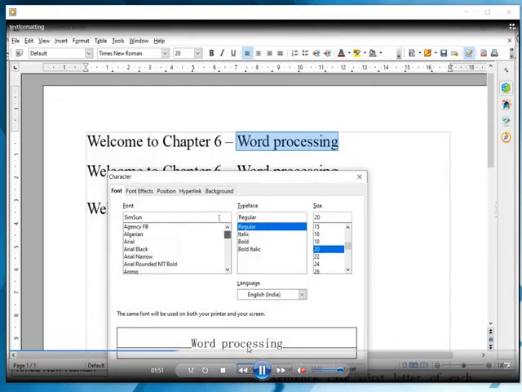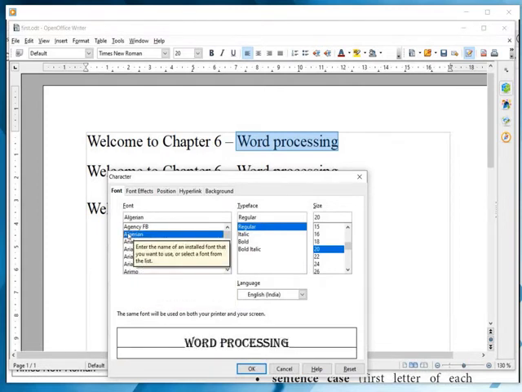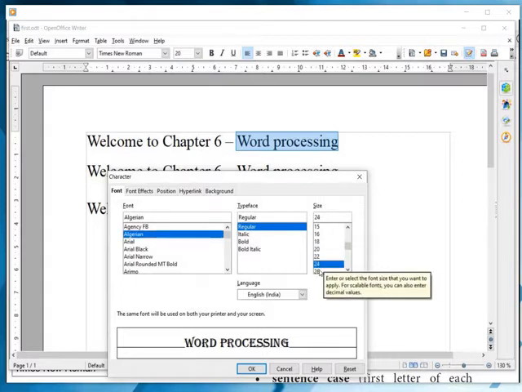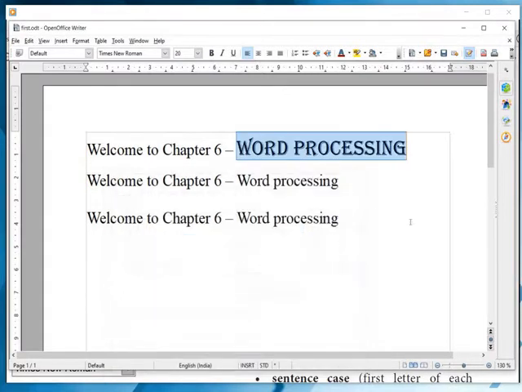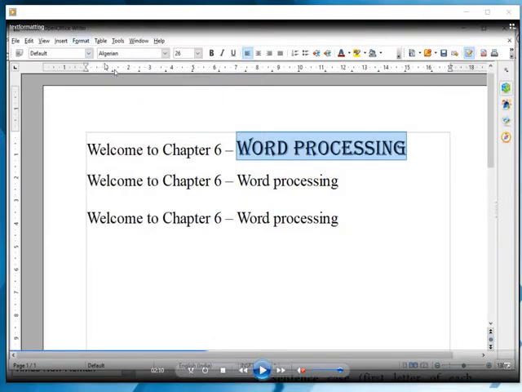Here it will show how the letters will appear. So we can check regular, italic, bold, then the size of the letter. So this is an Algerian font type of size 26, and it is normal, no bold, italic or underline.